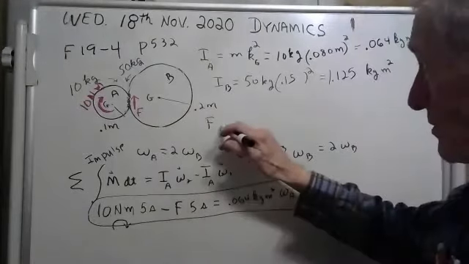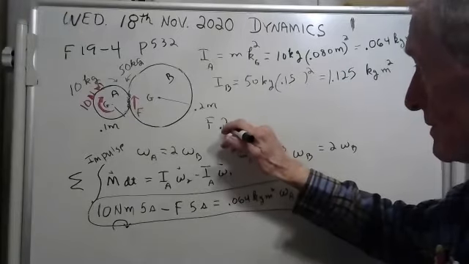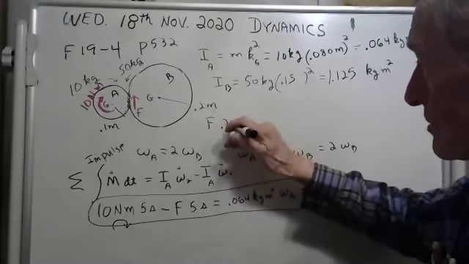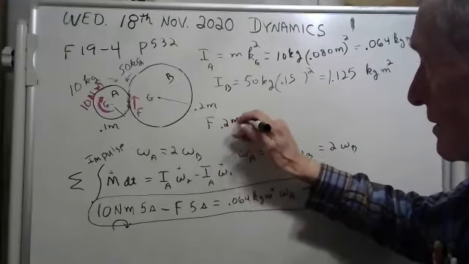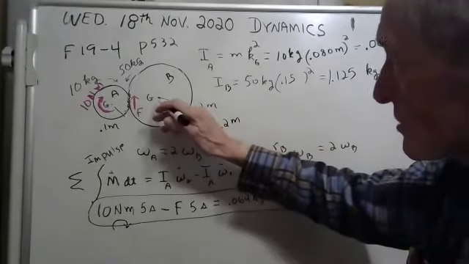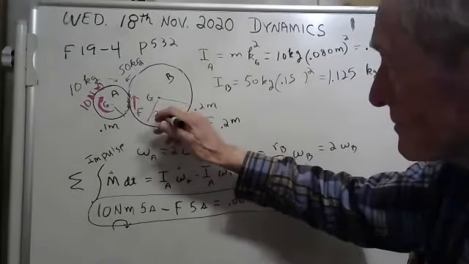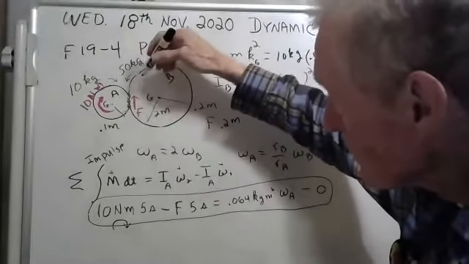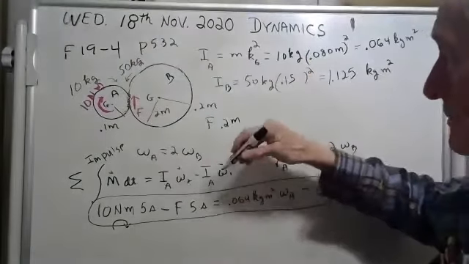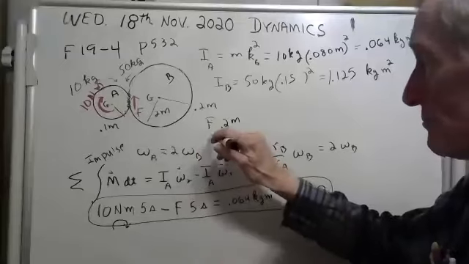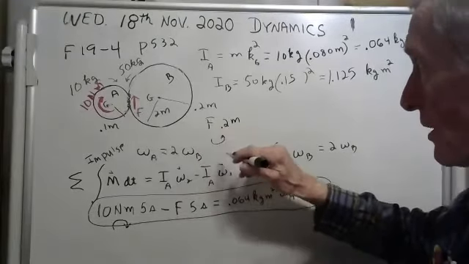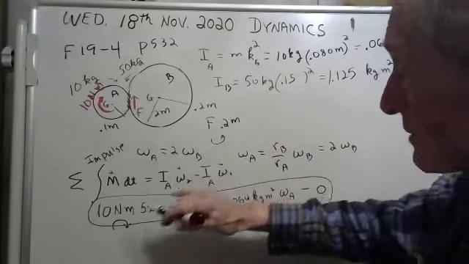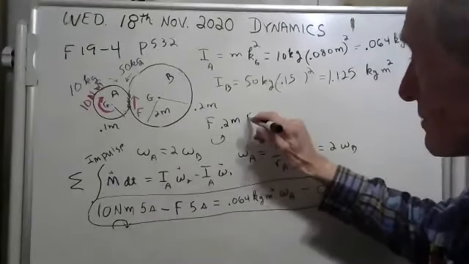Yeah, 0.2 meters. The force times the distance, that's the moment. But the force on body B is going down, so that's going to be a counterclockwise moment, and that's it. There's only that one. Don't forget, times t, 5 seconds,